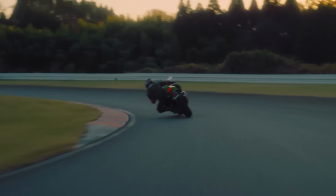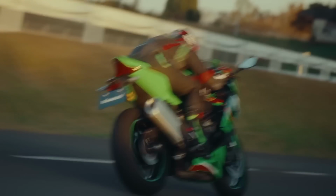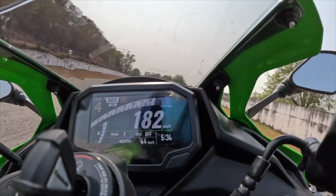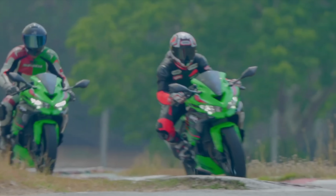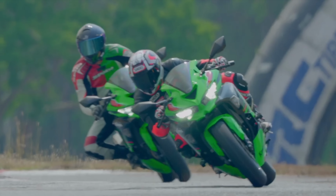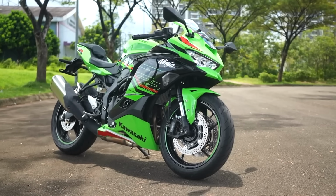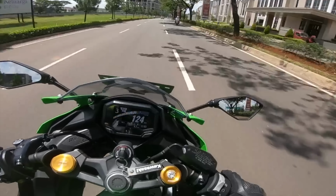Now, having that level of power on tap on a bike that's able to rev so high and so quickly will mean that the engine here will be the highlight. Getting it to scream through the mountains will be an absolute blast, with the ideal amount of power to be used in the twisties. I cannot tell you how excited I am to start seeing these things around and hearing